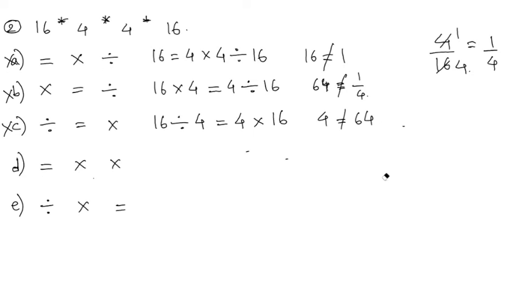Next option. What about the next option? 16 equal 4 into 4 into 16. So before equal to, it is 16. Now it is a big multiplication. So straight away you don't have to calculate, you can say it is wrong. Correct. 4 into 4 into 16, and it is a big number. 16 into 16. Ma'am, 256. So it is wrong. So option D is also wrong.